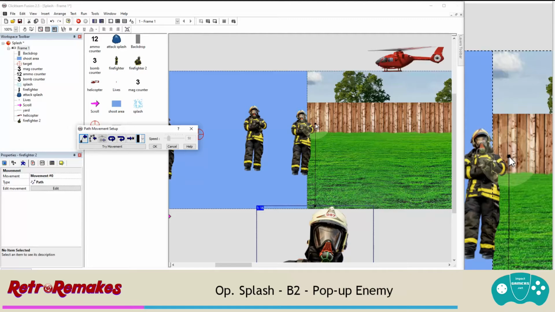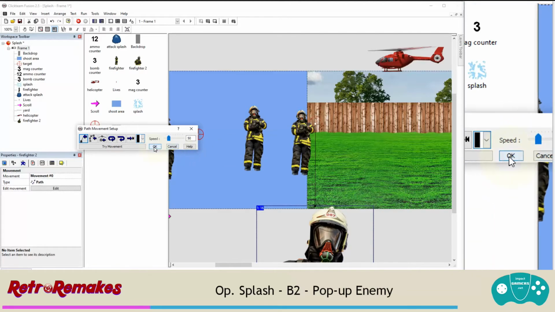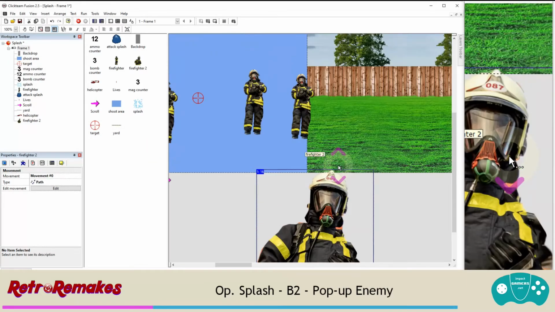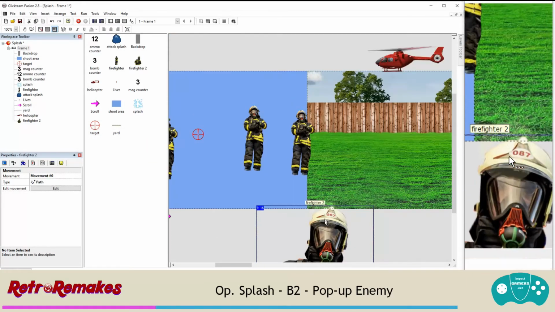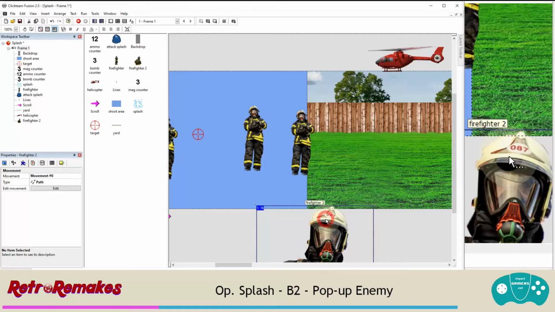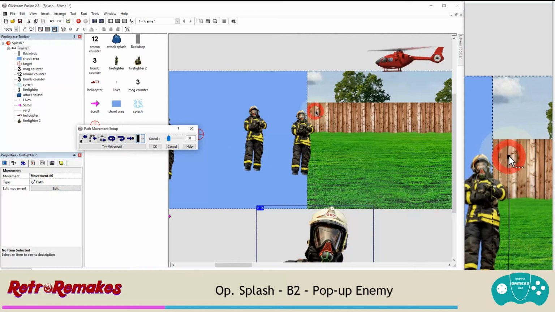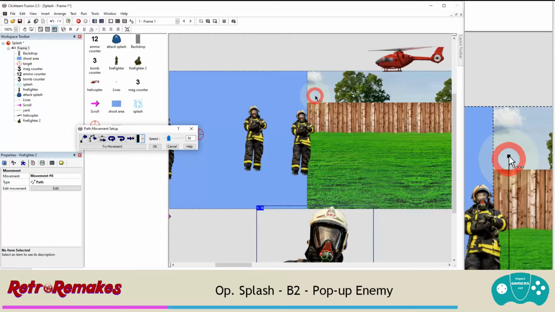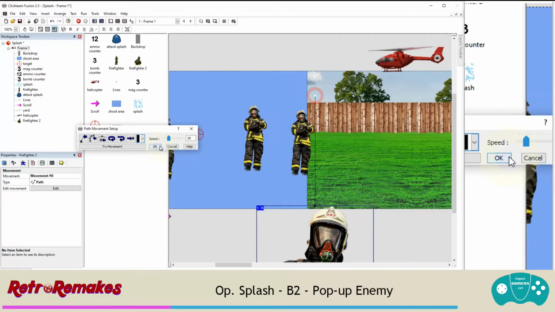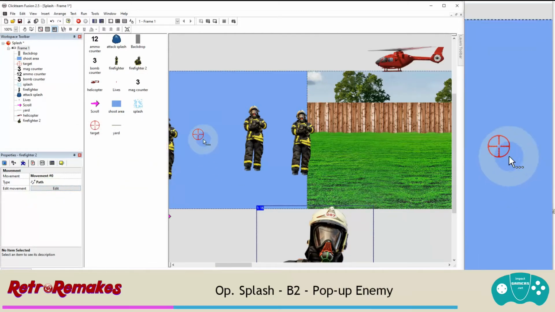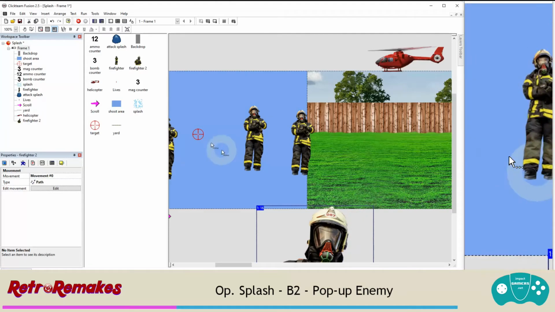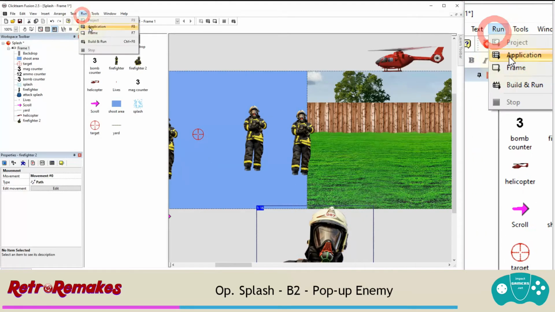I want them to pop up probably about that high, and speed 50 is fine for this one, so that they really come up onto screen. You could even edit it and take it much higher just by clicking on the edit button. Anyway, let's see how that works. So if we run our application,